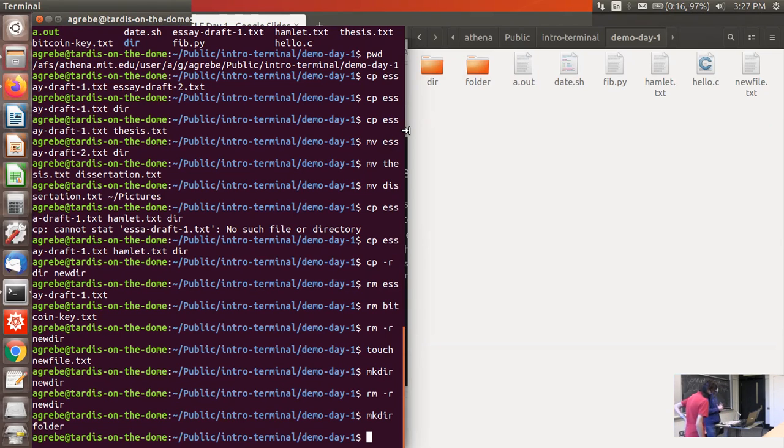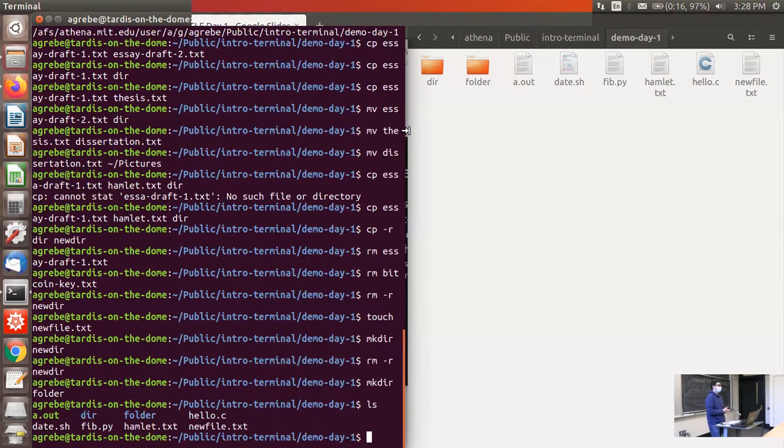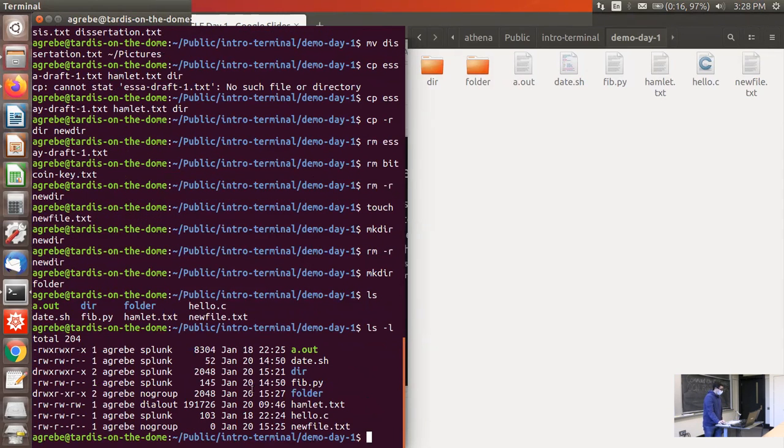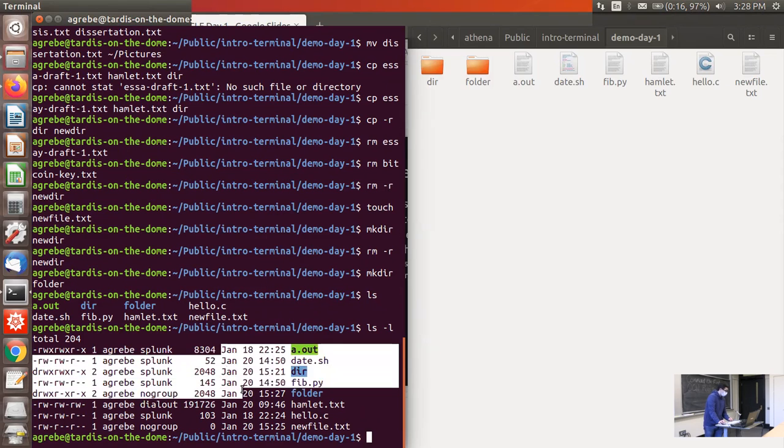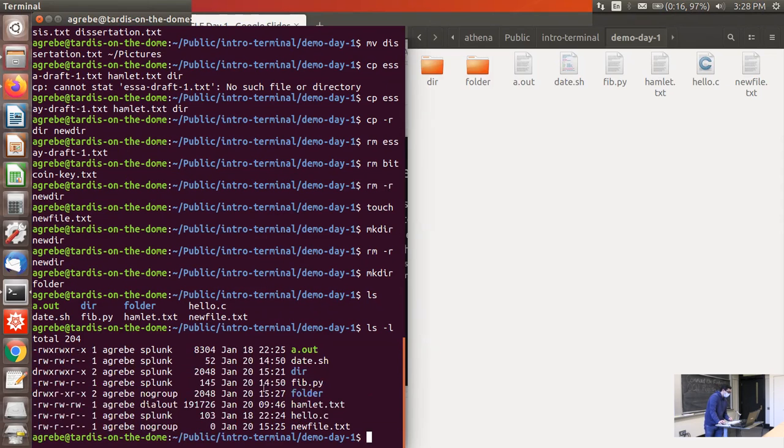Okay. And then also, talking about ls and the flags, we know that if we type ls, it shows all the directories and all the files in our current directory. But let's say we want to know more about them, like when they were created or who can control the file. So we would do ls -l, and that'll show us a little bit more information. For example, all these files were created roughly around this time, with a timestamp, as well as a few technical details about who can control them, which we'll talk about tomorrow.